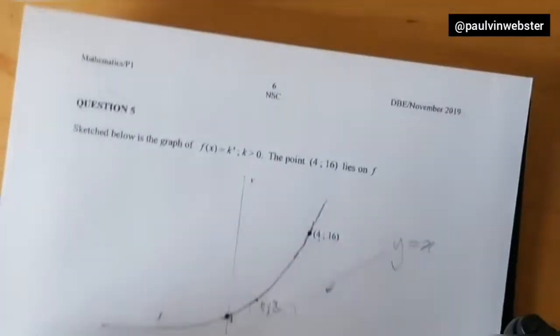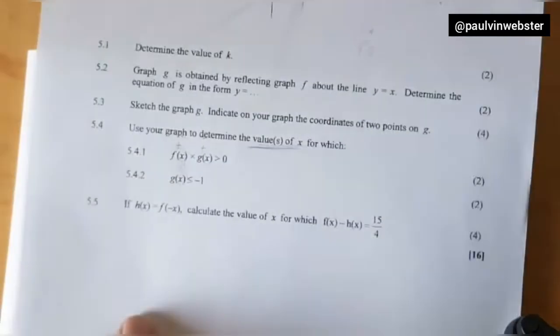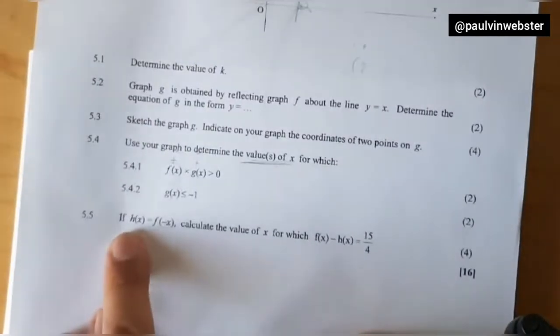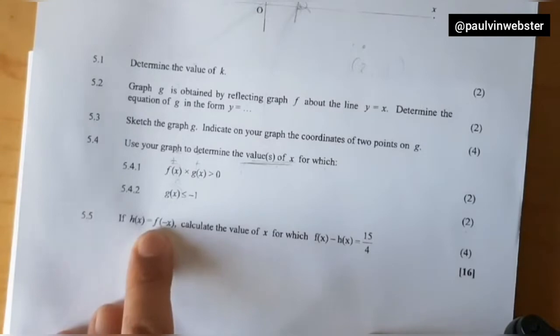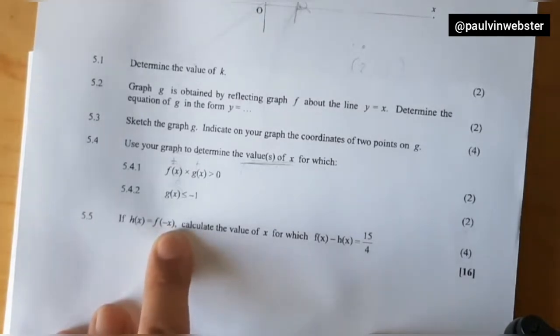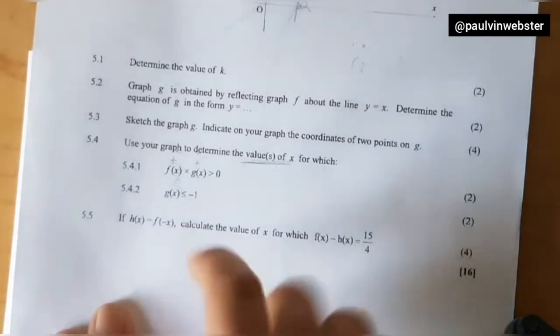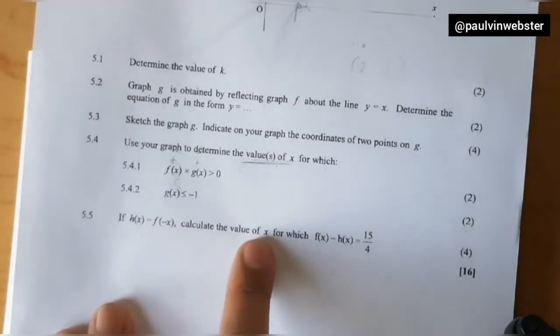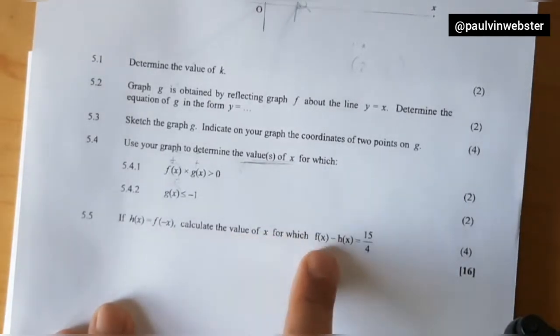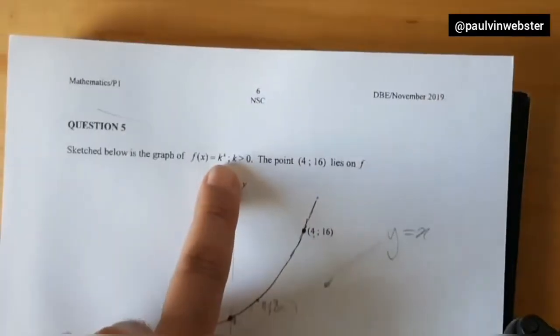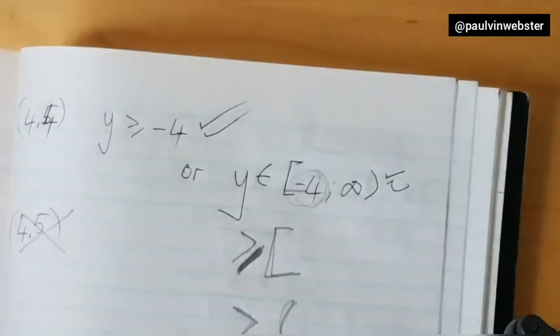Okay, the last one is where they say if h of x is equal to f, and inside the brackets it's minus x. Okay, hopefully you can see that. Calculate the value of x, for which if we subtract the f of x, which is this equation, we got 2 to the power of x. Okay, so remember,